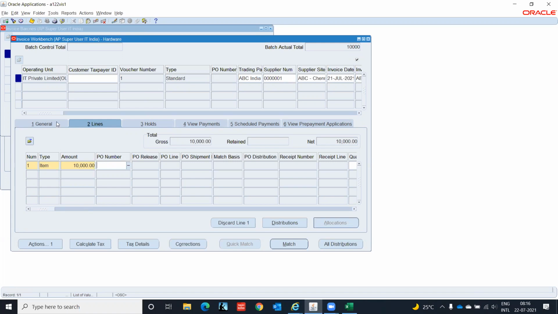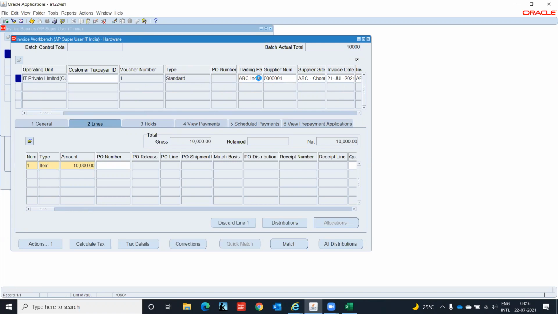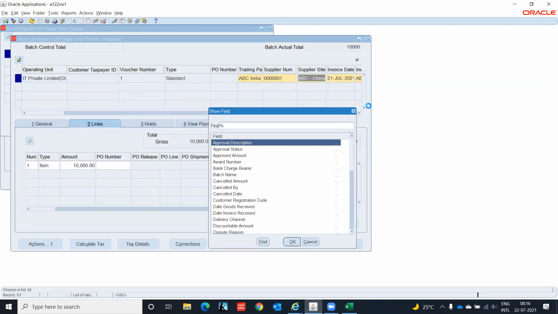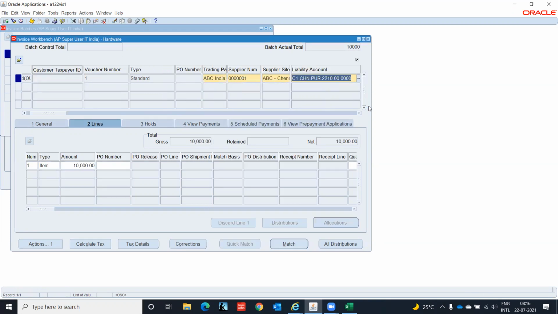Okay, what we entered over here, I'm just going to the header to show you. I click folder, so liability account. See, liability account is by default.